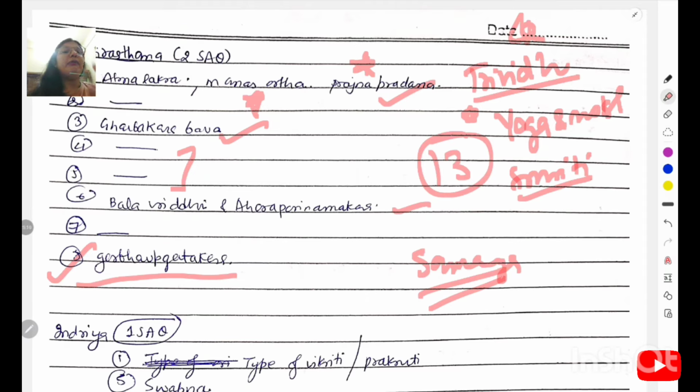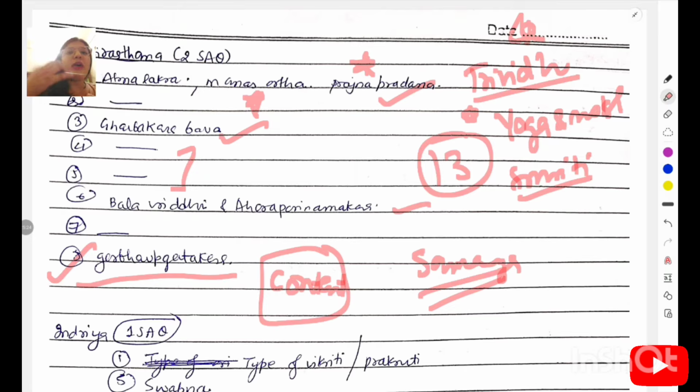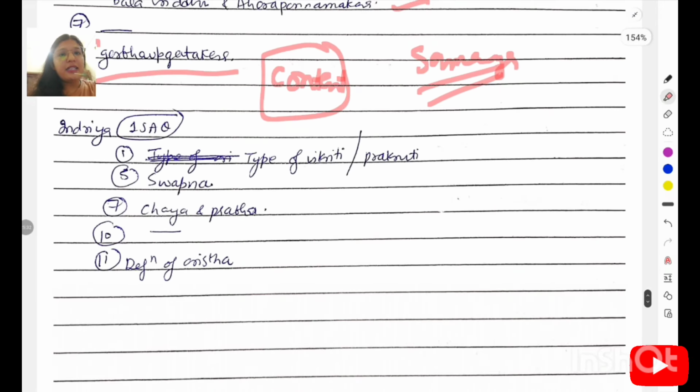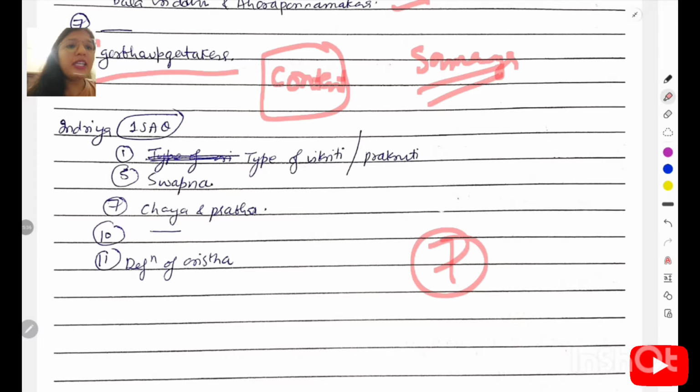It is a very big shloka, so you can learn the content in 4 points. For example, this is the effect of this, and after that you have to write the shadarasa. If a female during pregnancy consumes extra madhurasa, then prameha is going to happen. Like that you can remember it in points. Then comes the Indriya Sthana, the least major portion, and only 7 marks are coming,